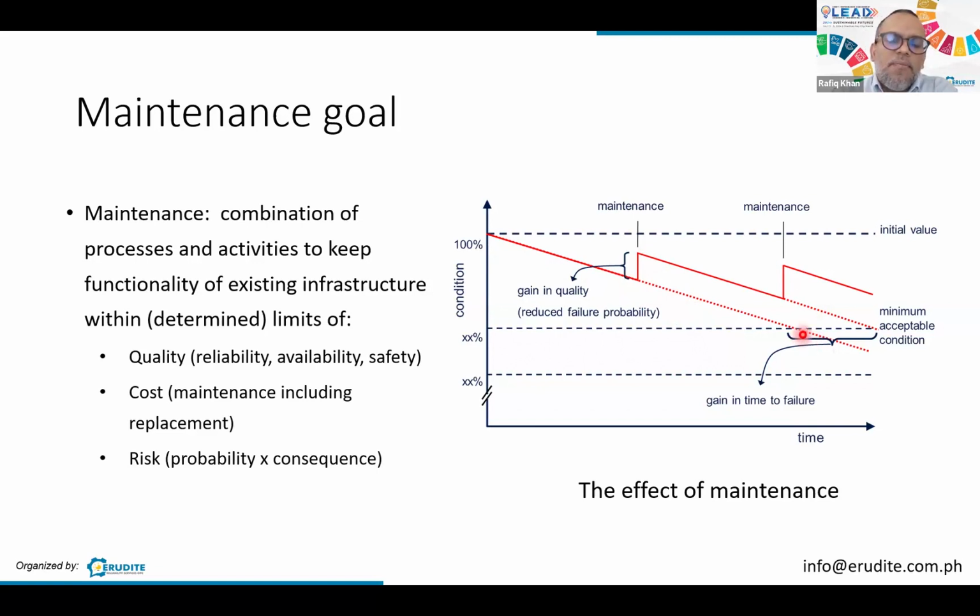But if you do a maintenance program, you are able to extend the remaining life by a certain period of time, sometimes quite significantly. Just a small oil change in a car, for example, is important to extend the lifetime. If you don't do that, your car might just break down quite soon. But if you do periodic maintenance over time, you improve the situation, you improve the performance, but you also extend the lifetime. This is what the graph is trying to show you.